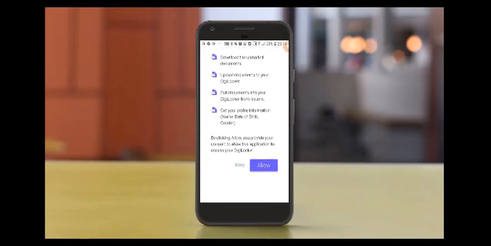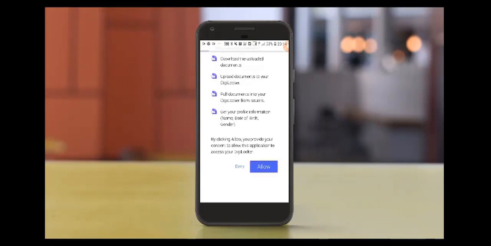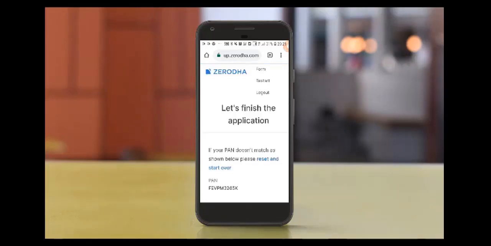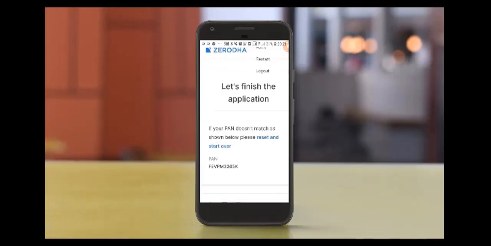So if you already have loaded that, it's easy to upload it. If you don't, you can also take a photocopy and you can upload them direct. So the first step, you can see share your Aadhaar card copy. So now I have already preloaded in the DigiLocker. So if you click the share button, it will just share your Aadhaar card. If you don't have one, you can enter your normal details, and if you have the OTP which is linked with Aadhaar card, you can easily get access to this DigiLocker. So after you finish your Aadhaar card sharing, then it will redirect to the let's finish the application.